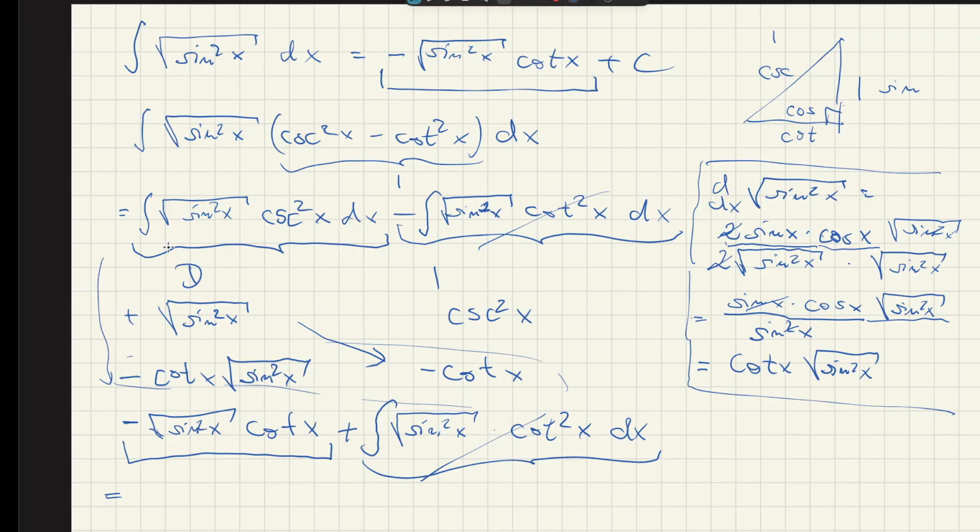So this is just for the inside, and now I'm actually going to go back up to the top here and take this away so I can make it clear. So now this equal sign here for all of this together is going to come out to just negative square root of sine squared of x cotan x plus c, and I'm done,